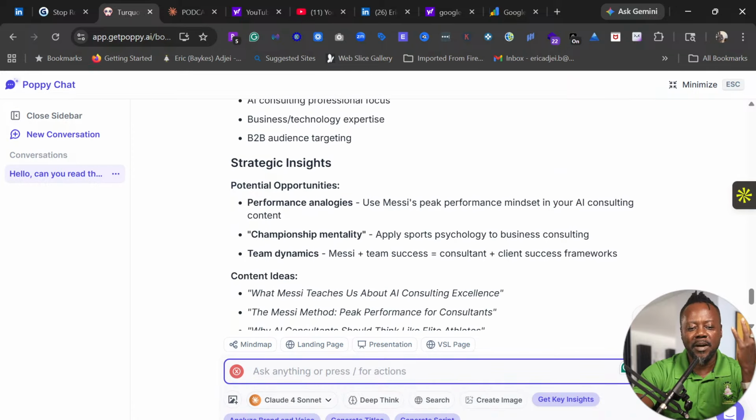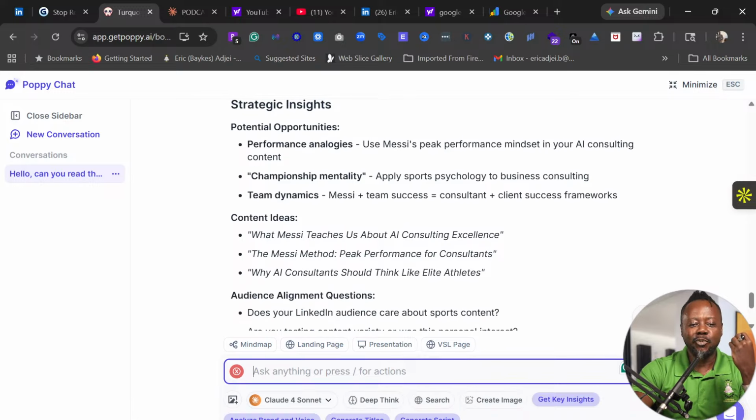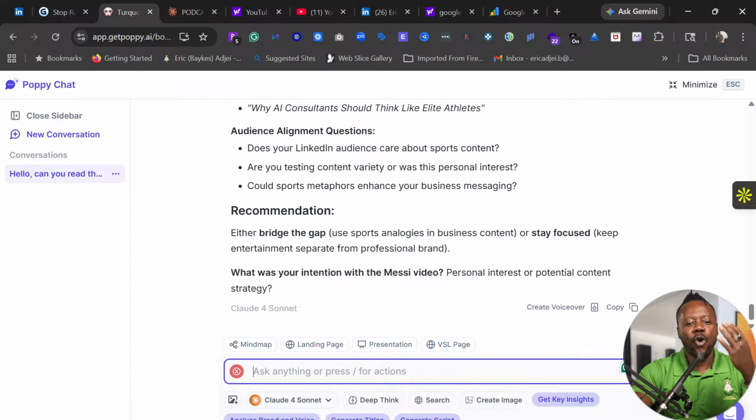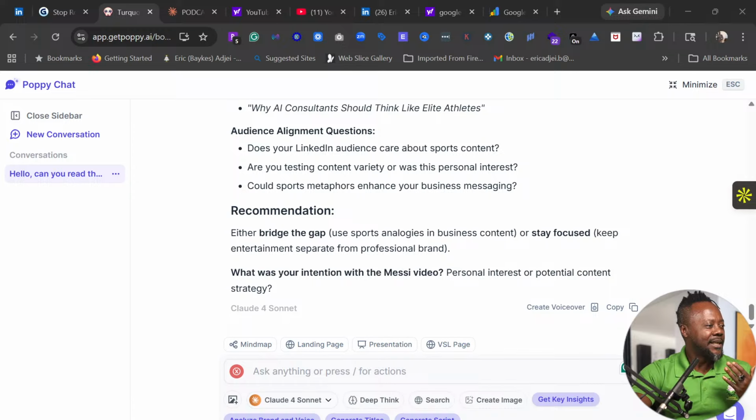Strategic insight, performance analogy. Use Messi's peak performance mindset in your AI consulting content. Championship mentality. Messi is a champion, right? Apply sports psychology to business consulting. Team dynamic. Messi plus team success. It's consultant plus client success frameworks. Content ideas: what Messi teaches us about AI consulting excellence. Guys, I never thought about this. This is amazing. Messi's method, right? Peak performance for consultants. We can go on and on, but let's use